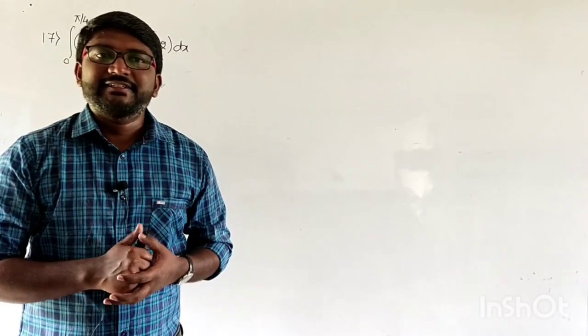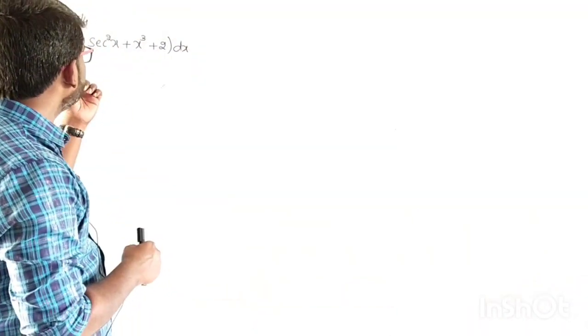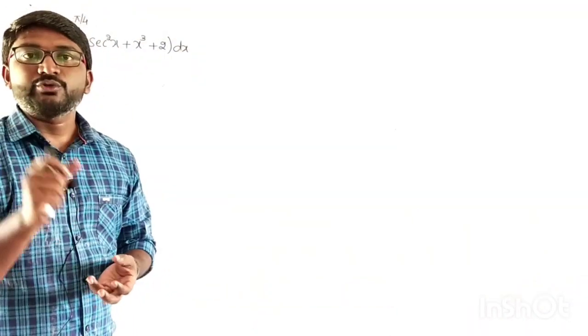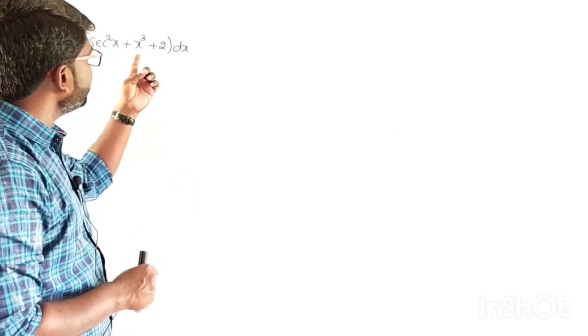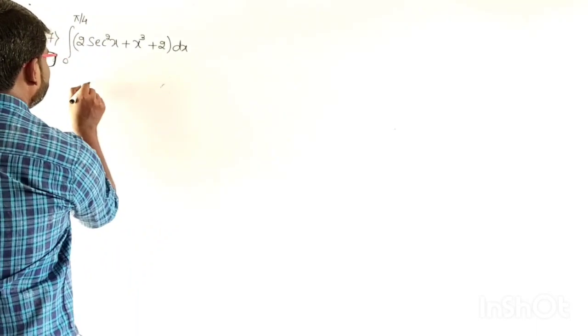Well, take the 16th as an assignment. I will be solving the 17th one. It is the integral from 0 to pi by 4 of 2 secant square x plus x cube plus 2 dx. So take this as I,